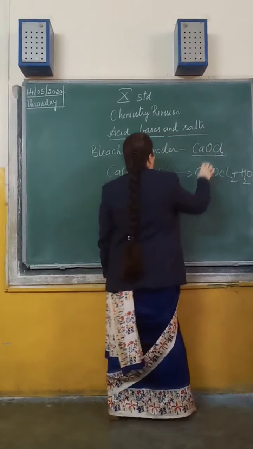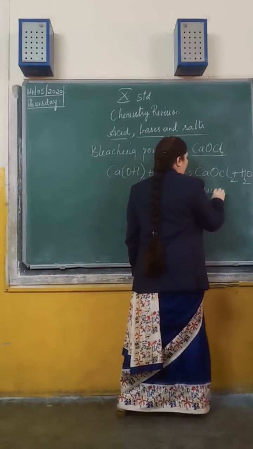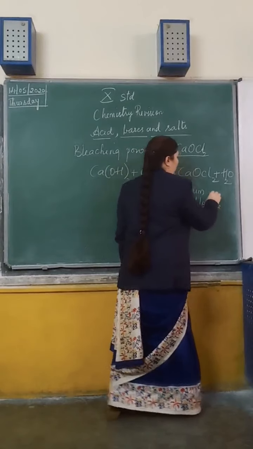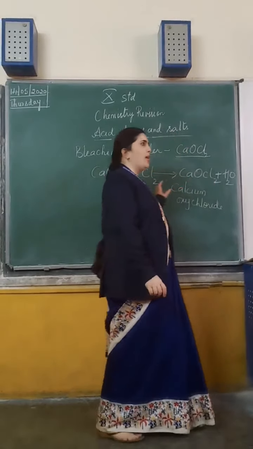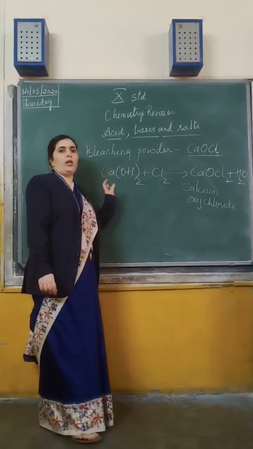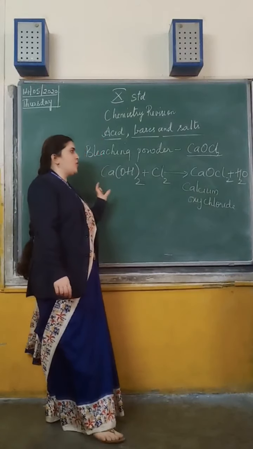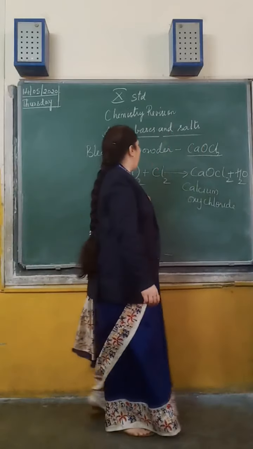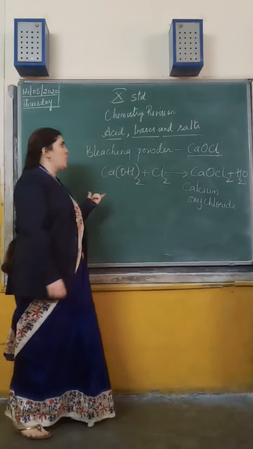What is the chemical name of bleaching powder? The chemical name of bleaching powder is calcium oxychloride. Everything about the manufacturing is there in the textbook with equations. You have to learn everything, including the uses. One question is definite from bleaching powder, sodium carbonate, sodium bicarbonate, calcium sulfate, plaster of Paris or gypsum. This is a very important part of the salts; everything is important. They will definitely ask one question from this part, the last part of the second lesson.